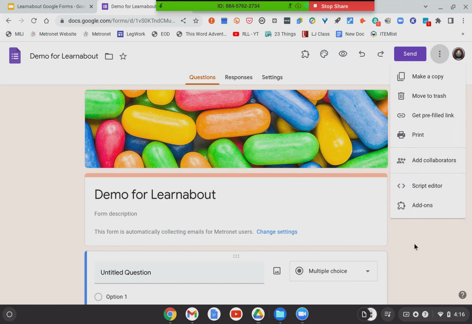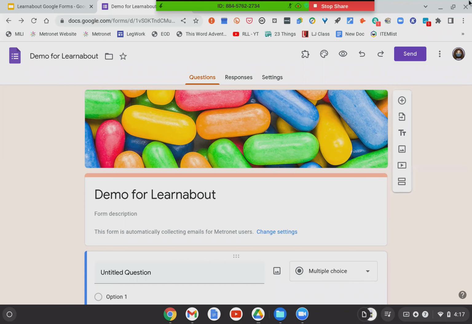So as with almost every Google product, I'm trying to think if there's an exception, and I don't know every single Google product that well, so I'm going to stick with almost every Google product. They have multiple ways to access the same information to make it easier. If you cannot think, oh, where did she tell me I could add collaborators? Click on something. You'll probably find it because it's in multiple places to make it easier on all of you.